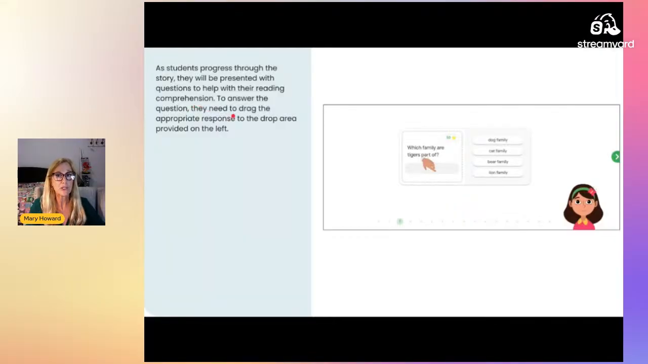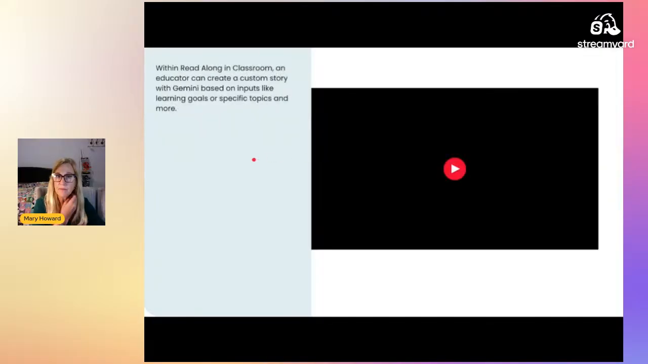And so to answer that, they drag the appropriate response to the drop area provided on the left. So it's a drag and drop modality. Okay, so we're going to also take a look at one more feature of this, which is kind of surprising,